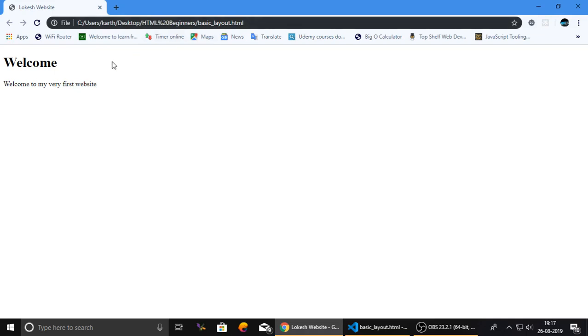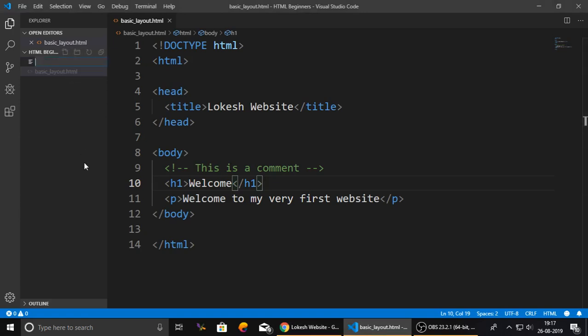Whereas if you install something called Live Server, it will open on what's called a localhost, and not only that, it will automatically reload. So if I save the file and come here, the browser will automatically get reloaded, so that we don't have to hit the reload button every time we make a change here. So what I'm gonna do is create a file called